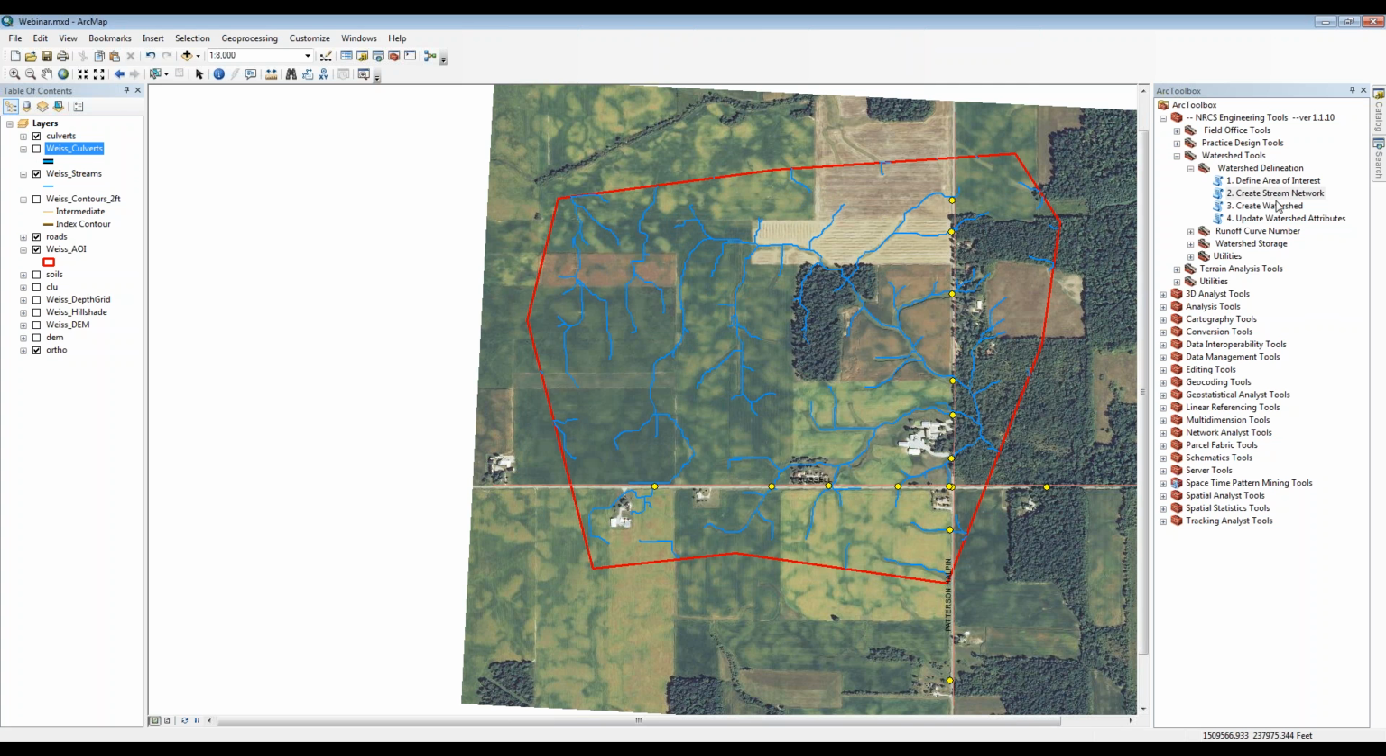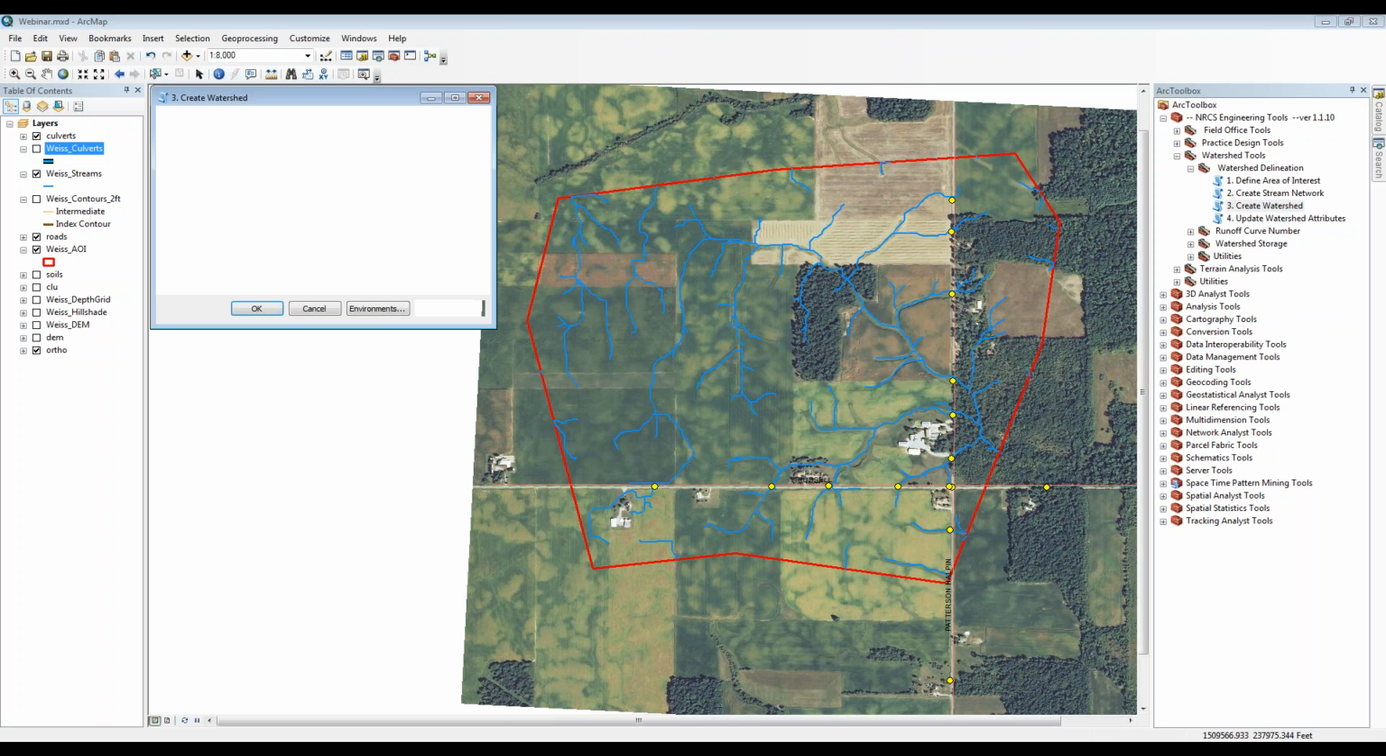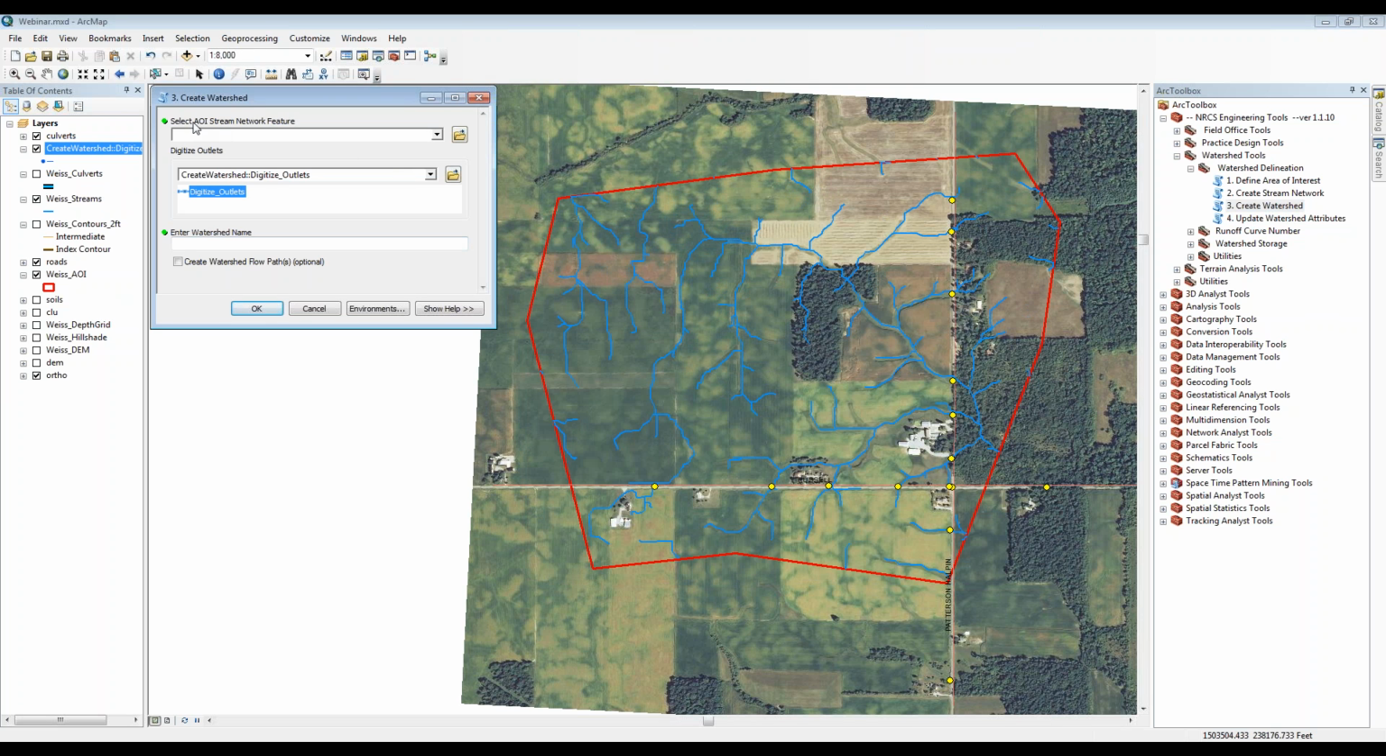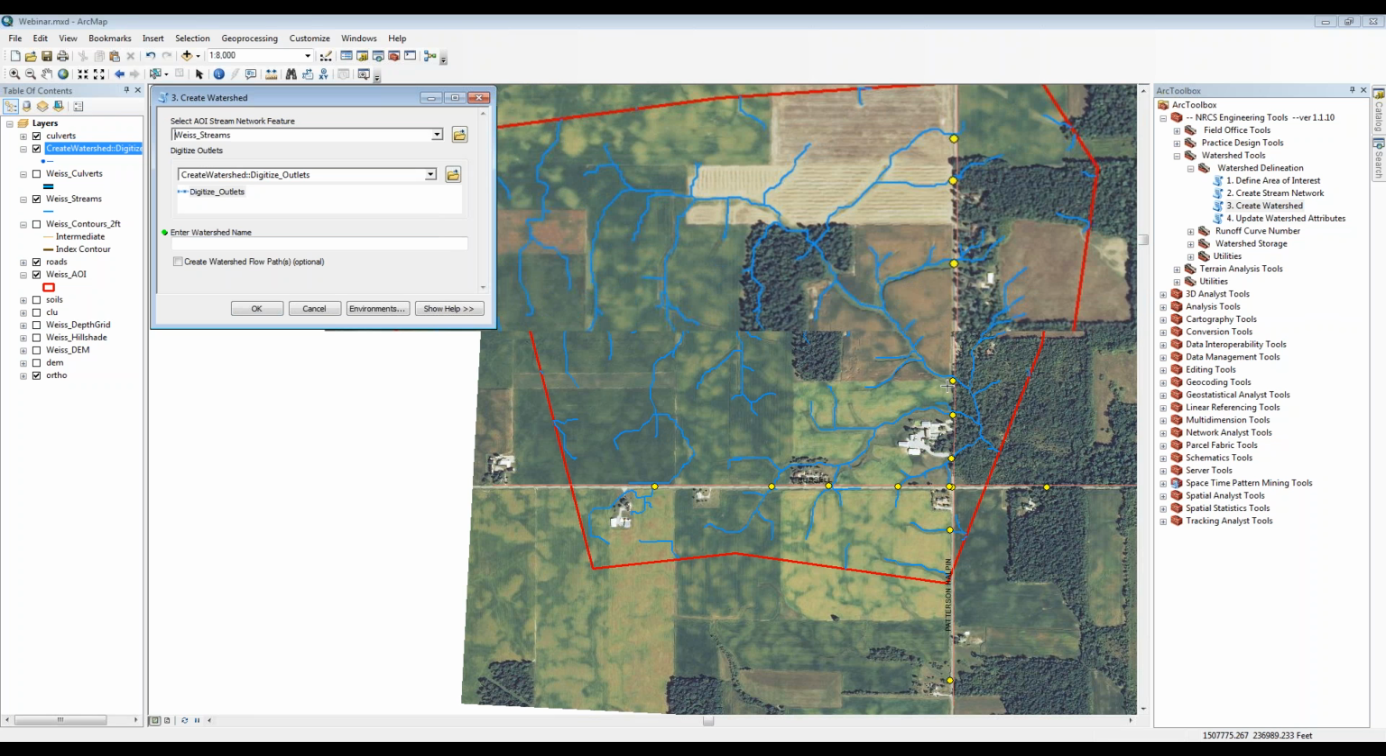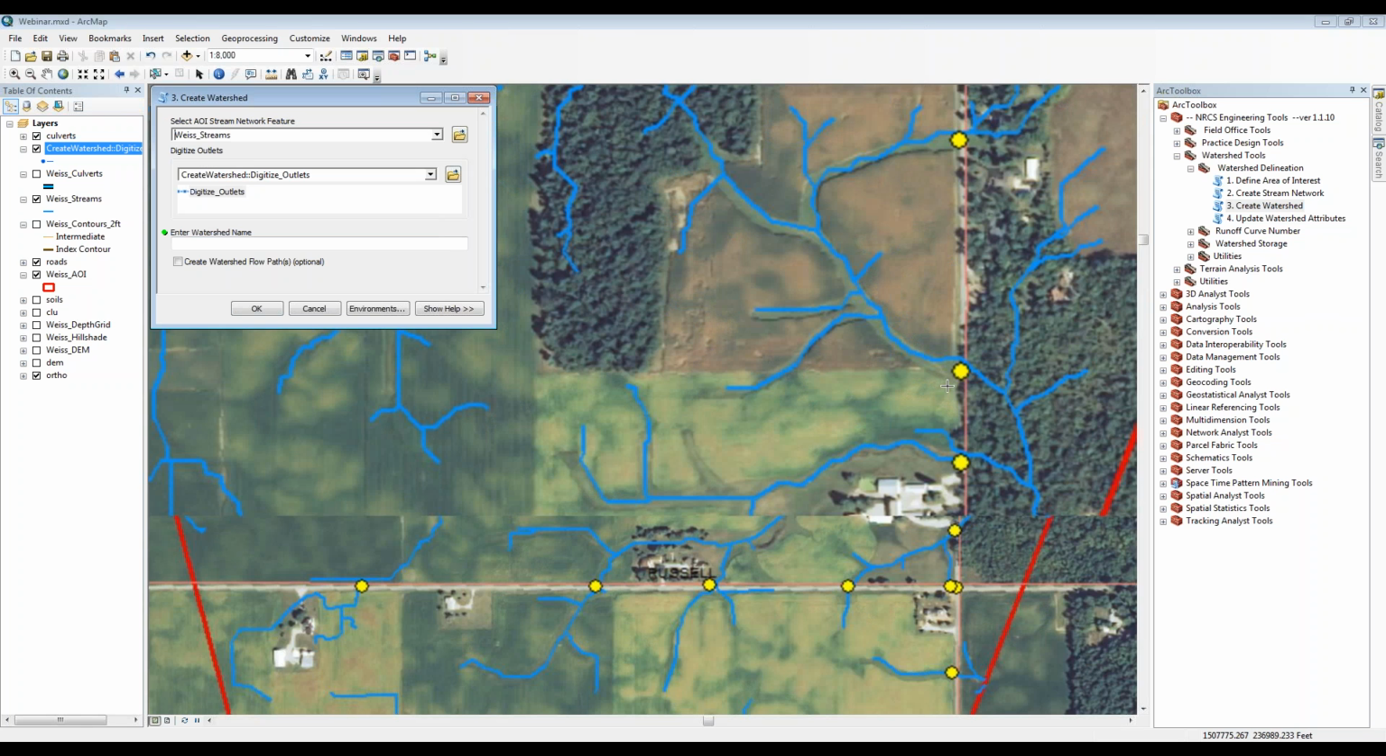Okay. We're ready for step 3, create watershed, or create our watershed. We already did the network. So I double-click to launch. Our area of interest stream network is WISE streams. To digitize, so next we'll digitize our outlets. To digitize our outlets in this tool, we get to draw a line much like,